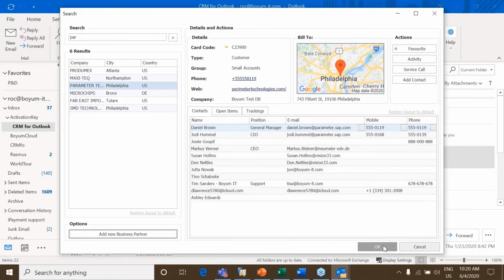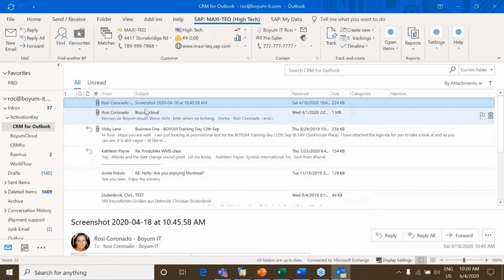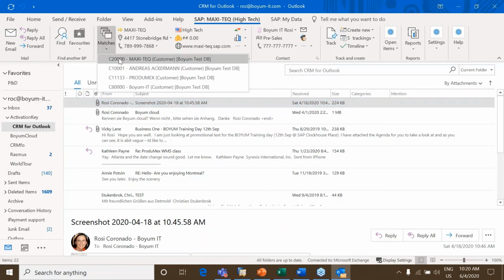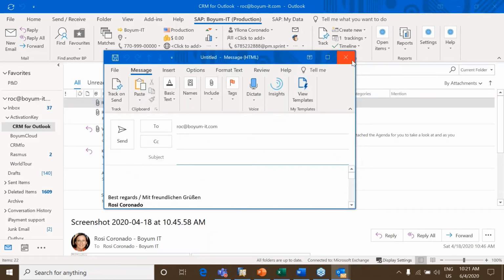You also can add more than one database. And what's going to happen here, let me just show you this one. This contact is in more than one business partner. So I see here which customer you want to work on because she is a contact from all those 3. I want to pull this one up because I'm a contact. I guess I'm using my email for this one also. I'm a contact person for this